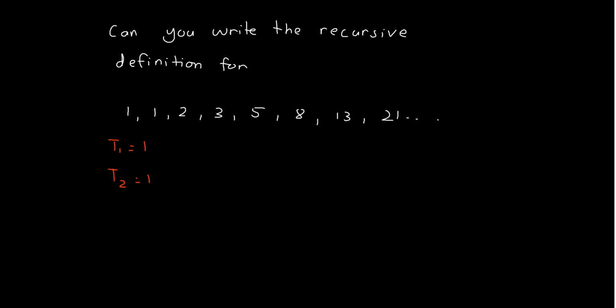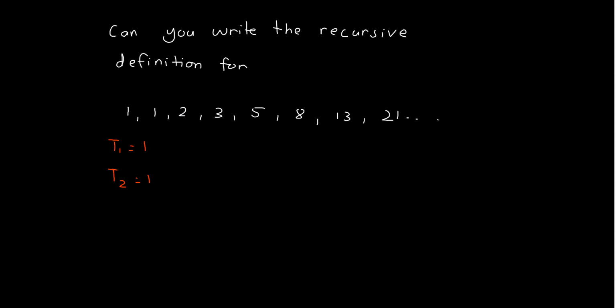Well, you probably recognize this as the Fibonacci sequence, and this is 2, and we get the 2 by going 1 plus 1. This is 3, and we get the 3 by adding the 1 plus 2. This is 5, we get the 5 by adding the 3 and the 2. The 8 we get by adding the 5 and the 3. So we add the two previous terms to get the next term. That's why I need to first define two terms, because I need to go back two places before I can